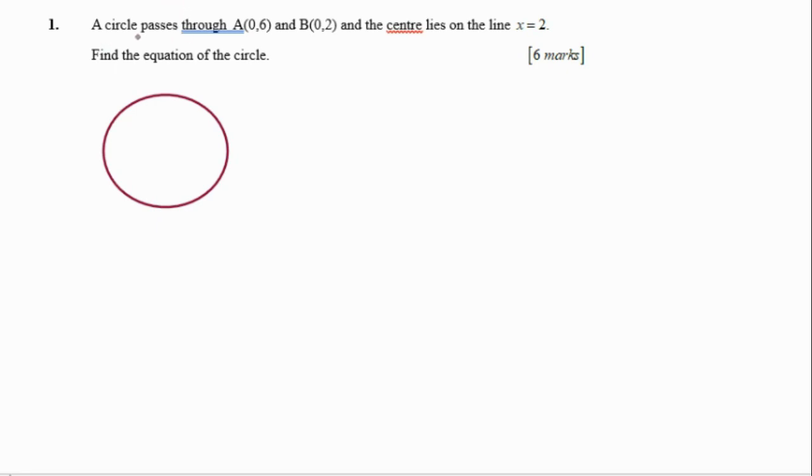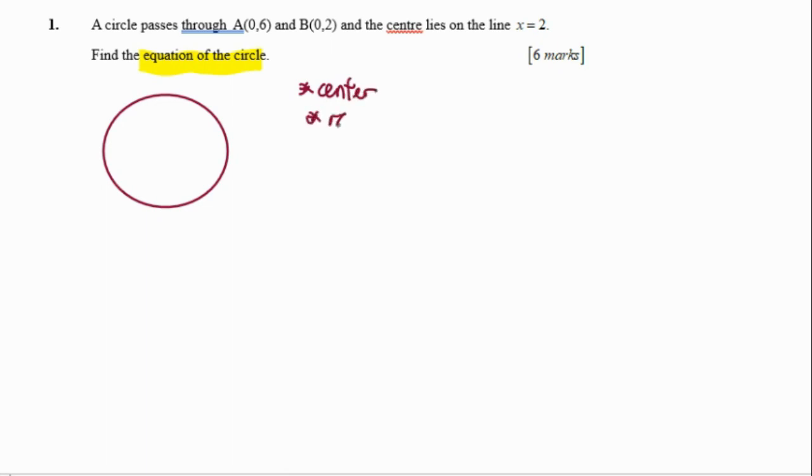Question 1. A circle passes through point A (0, 6) and point B (0, 2), and the center lies on the line x equals 2. Find the equation of the circle. So when you want to find the equation of the circle, we need our center